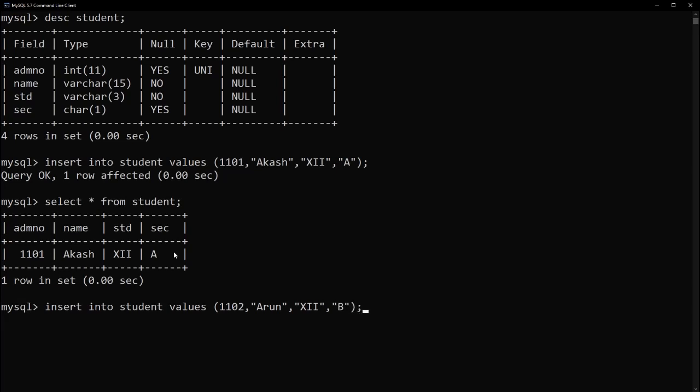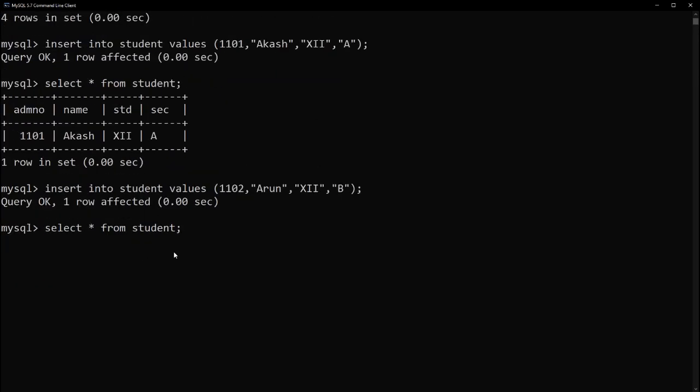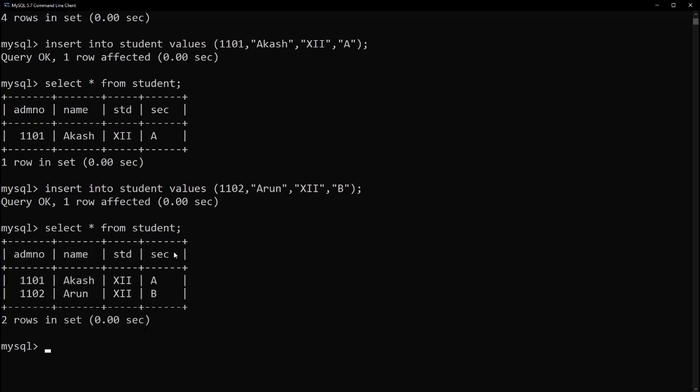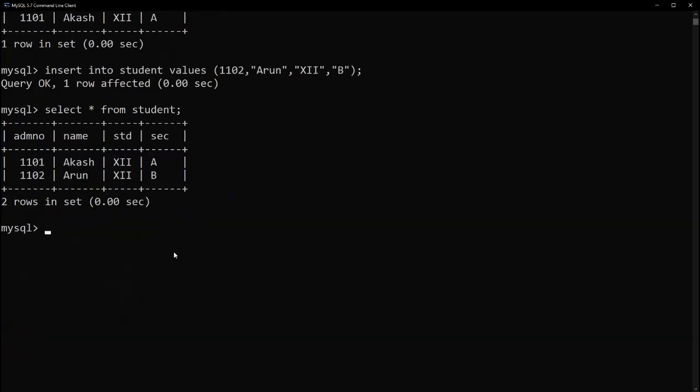And then semicolon. What is expected? As we saw earlier, we will have Query OK, one row affected. If that is right, then your query is right. Again, I want to see whether this is inserted or not. As I told you again, children, don't keep on typing the entire command. Just use the up arrow key and choose the command that is going to give you the content. So select star from student, and now you can see your second row is also inserted.